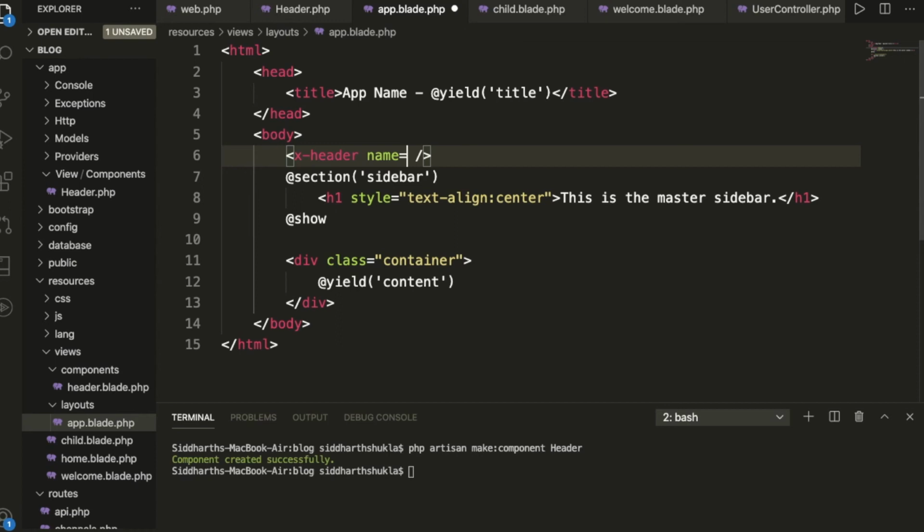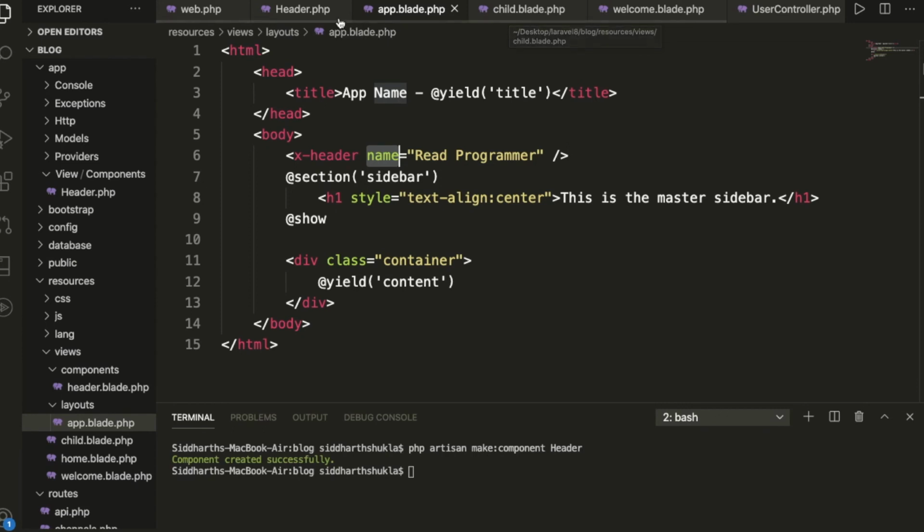Okay, we can write this one, real programmer, and this particular name we need to print here. Let me go inside the header.php, where is the header.php, let me print this one.